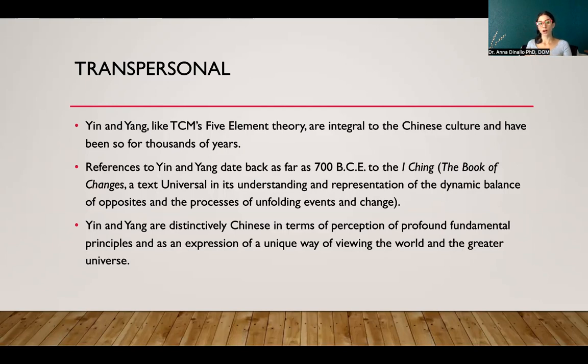So as we're moving across a big timeline of what is counseling, what is psychology, what is mind, paradigms that emerged in the West, we're really starting our timeline around the late 1800s into the 19th century, catching ourselves up to the present day. But I want to echo that systems for treating the mind, the spirit, the body have been around in all cultures for hundreds of thousands of years. And so I just want to really start with the true origin of noticing the mind from 700 BCE from the I Ching.